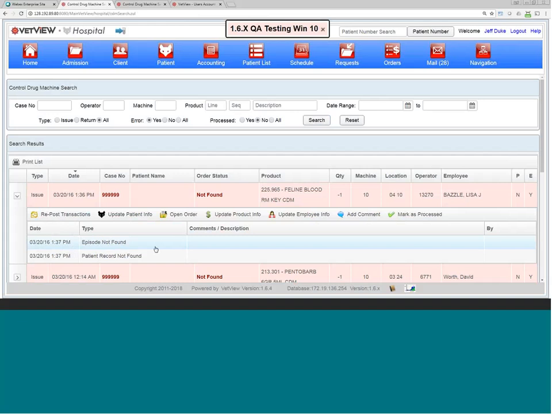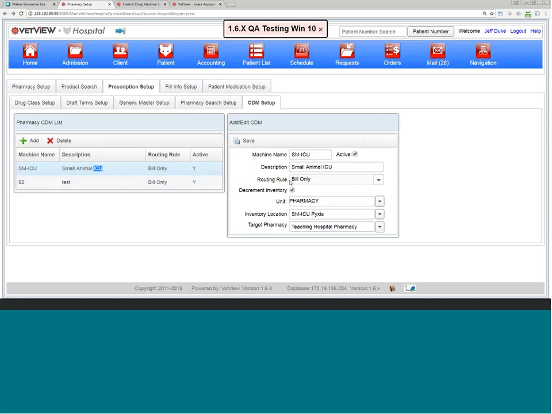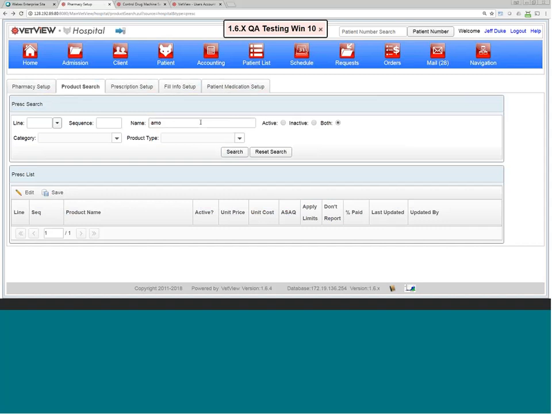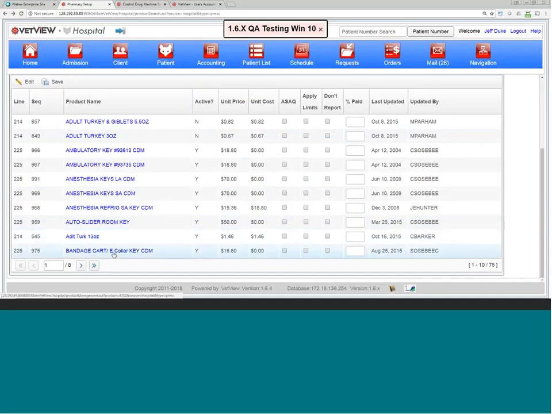All right. Next question is, can that be done as well at the product level? Say they never charge this or never show this on a patient record, even though it's dispensed against the patient. Yes. If you set the machine up to be product settings, so that was in that option here. Not the machine, a product in the machine, such as a box key. Yep. So if you have this set to product setup, and then at the product level, over here, if we put in here key, so if they had some collar key in the CDM machine,